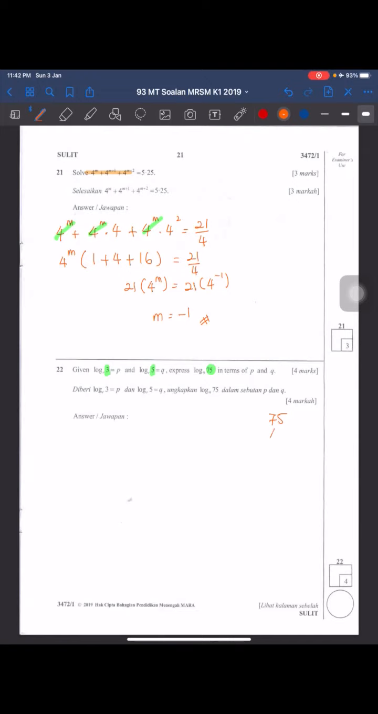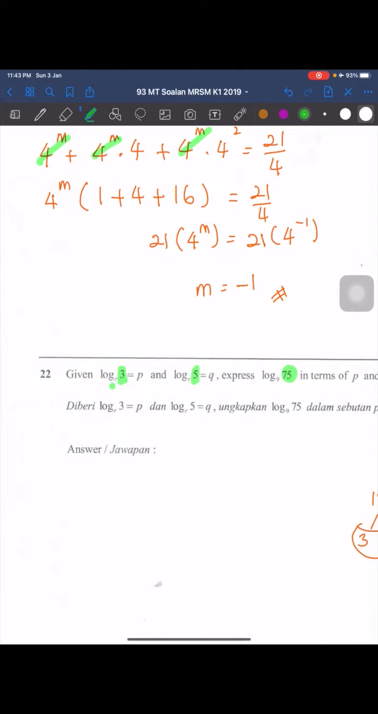75 is 15, 5. 15 is 3, 5. Kan, 3.5, 3.5, 15. Okay, so this is our prime factor. Okay, next kita tengok sini base R